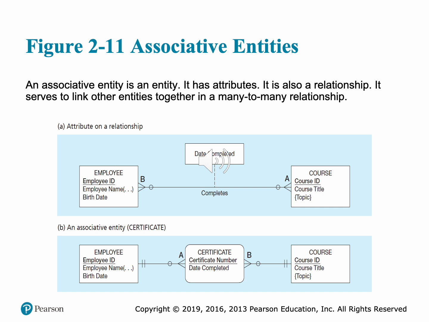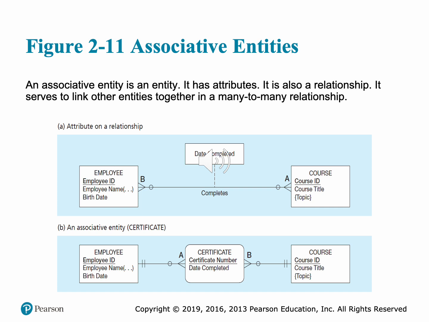In Figure B, the simple relationship has been replaced with the associative entity. A certificate is considered to be an entity unto itself and, in fact, even has a unique identifier attribute. An associative entity is like a relationship with an attribute, but it is also considered to be an entity of its own. Note that many-to-many cardinality between entities in Figure